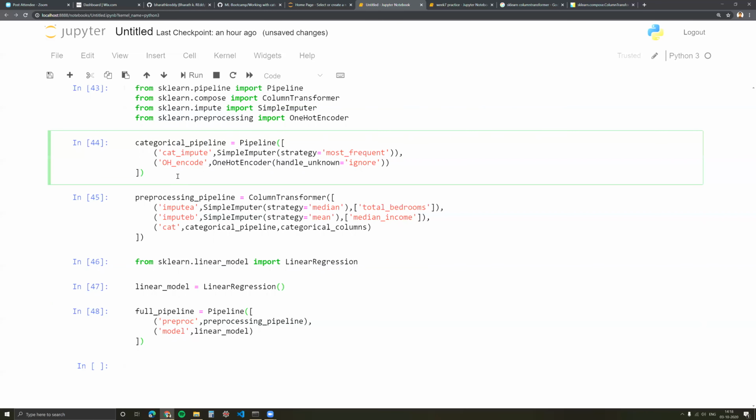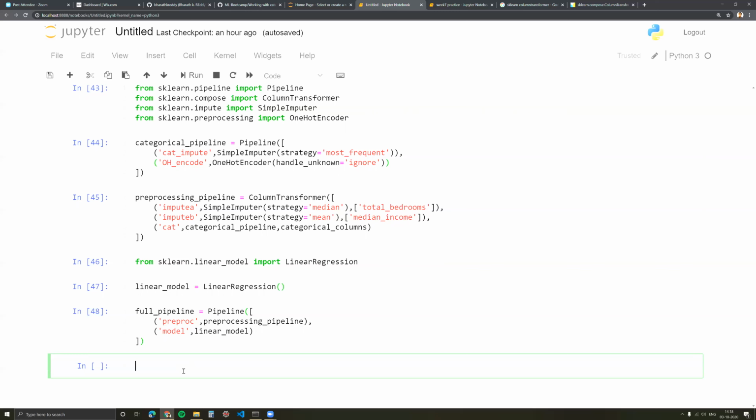First, you would start building from the most granular. You want something to be done as a sequence of steps. You define a pipeline, and then you have the sequence of steps applicable to particular columns. Then you add these steps to your column transformer. Then you use this entire thing, add a model to it, and call it your full pipeline.